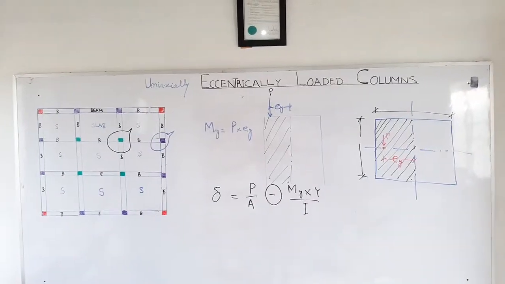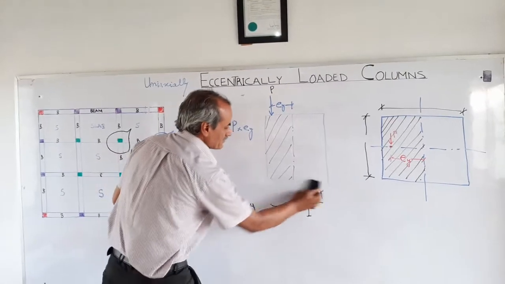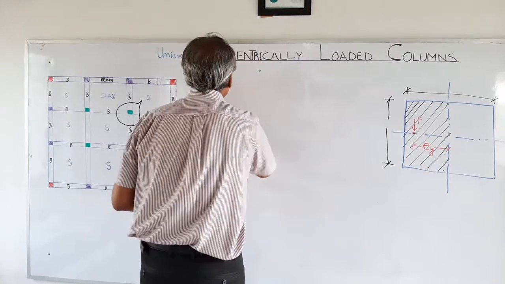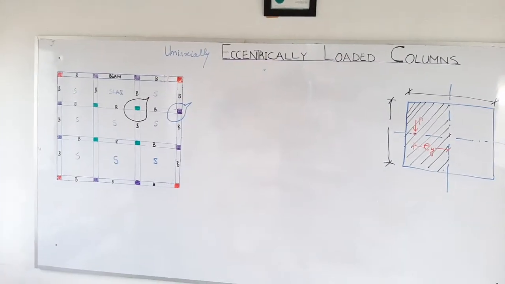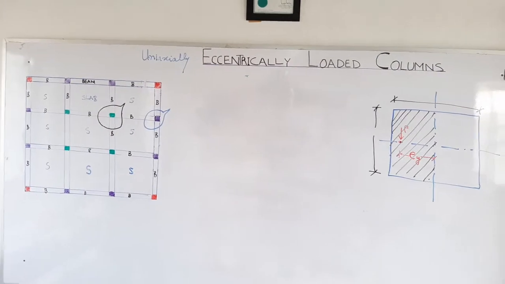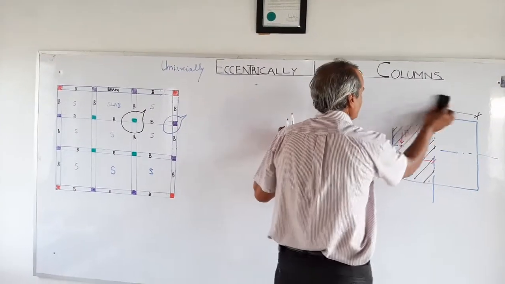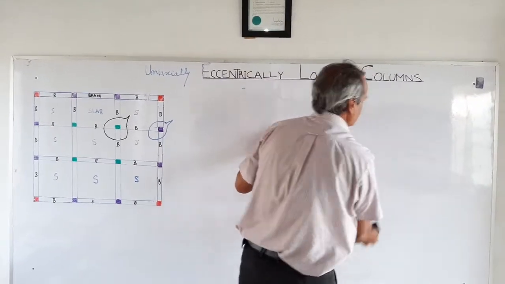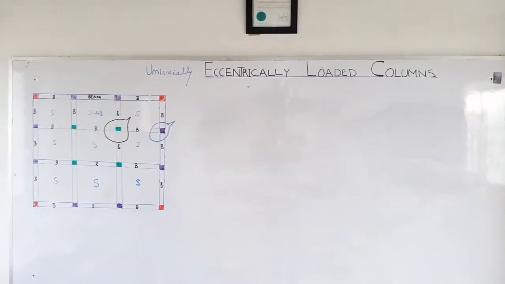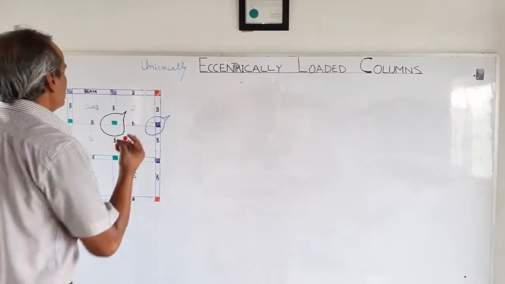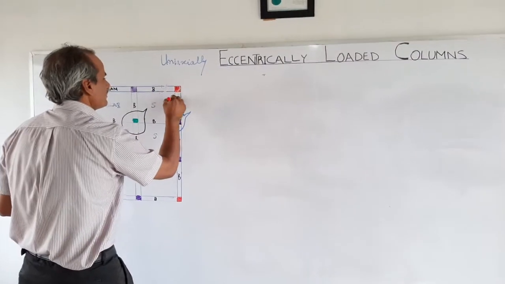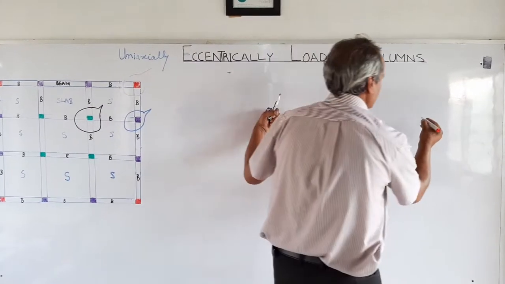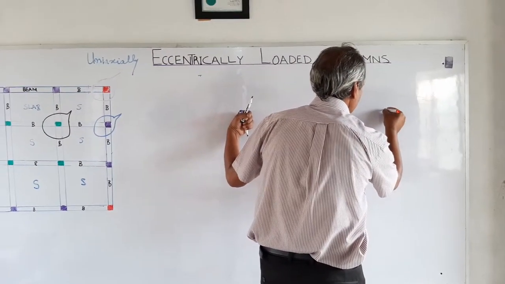Now we move on to the last part of our lecture, in which the column is not uniaxially loaded, rather it is a biaxially eccentrically loaded column. And for that we take the example of the corner column, which has been apportioned the red color over here, making the blow up of this column. Say this is the corner column,